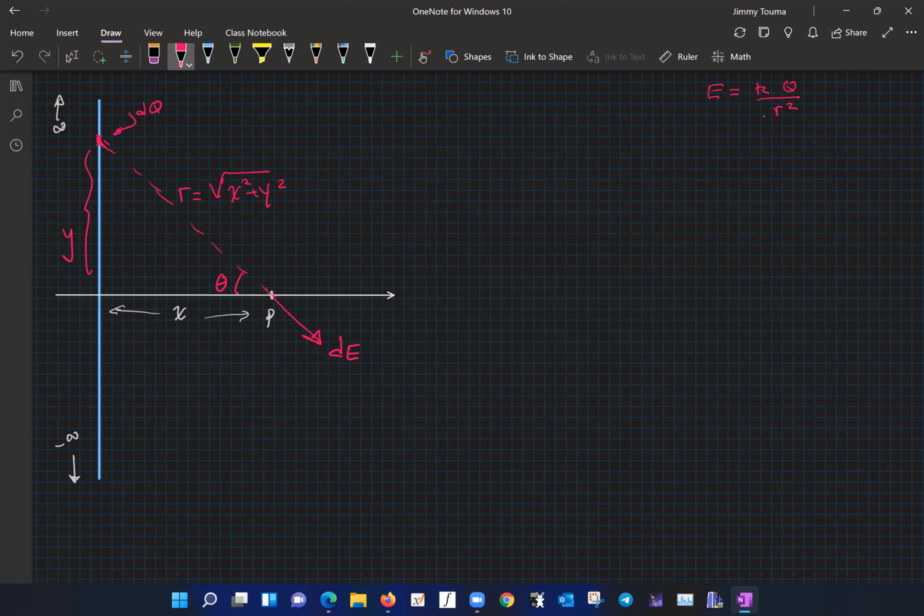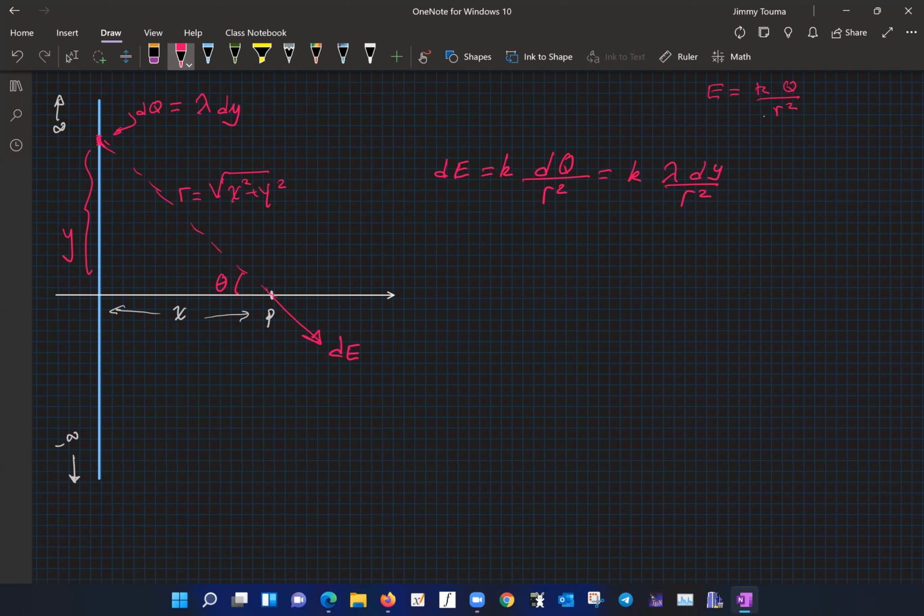So now what is this electric field? Again, this is an infinitesimal electric field, dE equals K, the infinitesimal charge that produced it over the distance where it was produced squared, right? Now, since this is along the y-axis and we have linear charge density, then dq is lambda times the length, which is, again, infinitesimal dy. So this will be K lambda dy over r squared. So that's the electric field from one